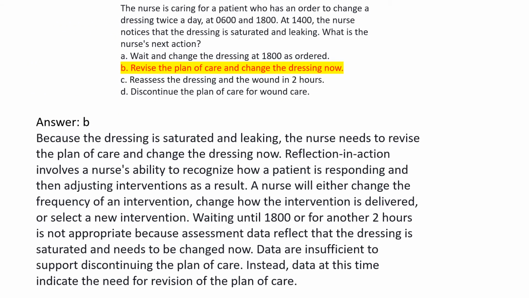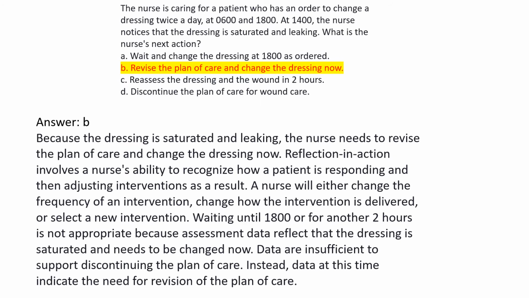Answer: B. Revise the plan of care and change the dressing now. Because the dressing is saturated and leaking, the nurse needs to revise the plan of care and change the dressing now. Reflection in action involves a nurse's ability to recognize how a patient is responding and then adjusting interventions as a result. A nurse will either change the frequency of an intervention, change how the intervention is delivered, or select